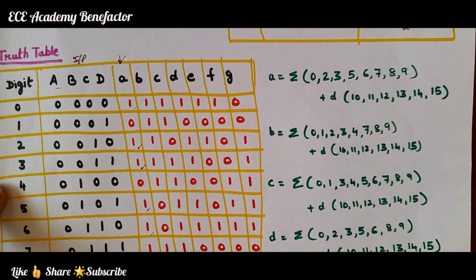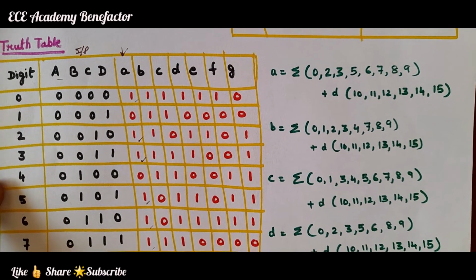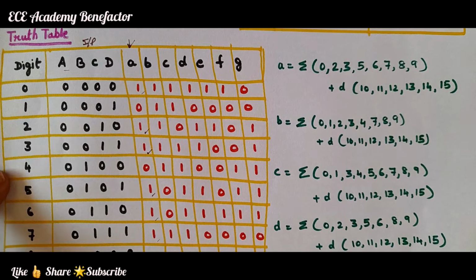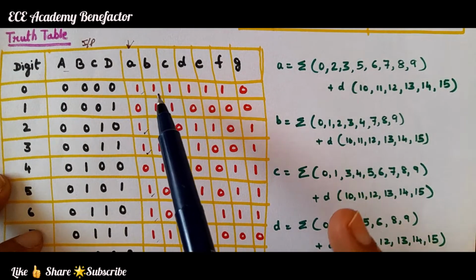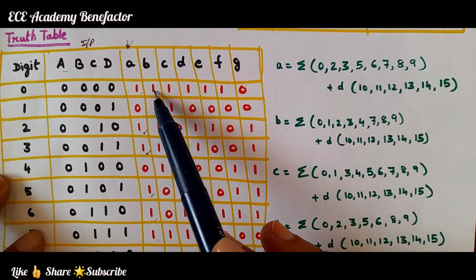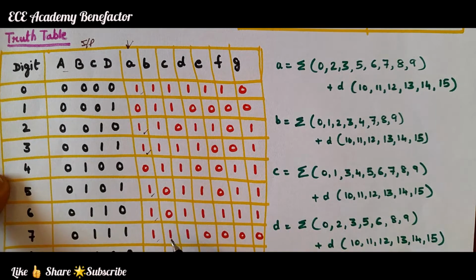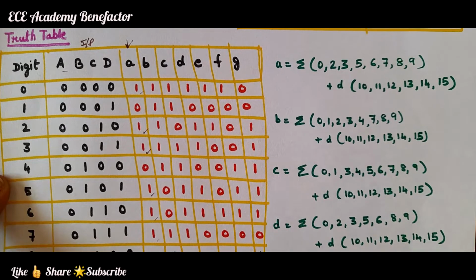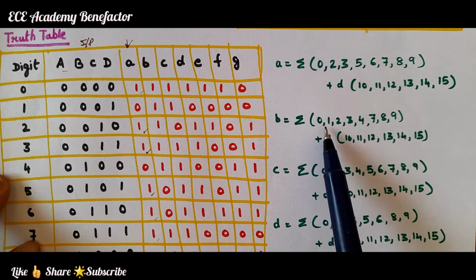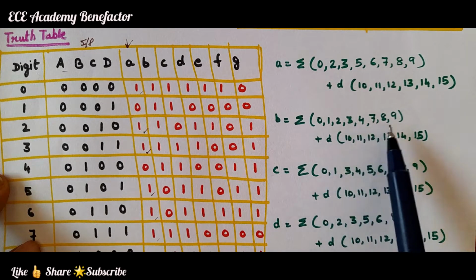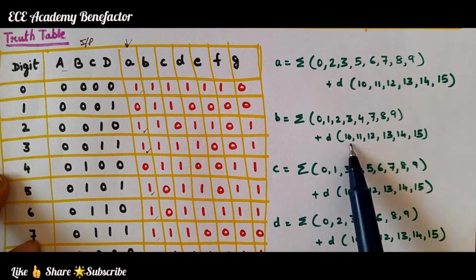We have written the truth table from 0 to 9, from 10th onwards it is don't care, because in a 7 segment display we can display up to 9, numbers, not digits. Now for the B column, it is high at 0, 1, 2, 3, 4, 7, 8 and 9. That is written here. B is equal to 0, 1, 2, 3, 4, 7, 8, 9 and don't care terms are 10, 11, 12,